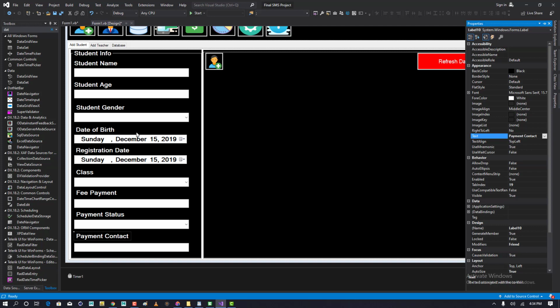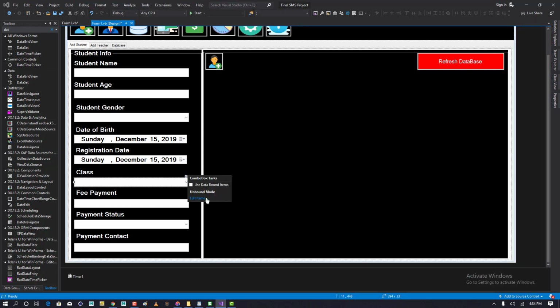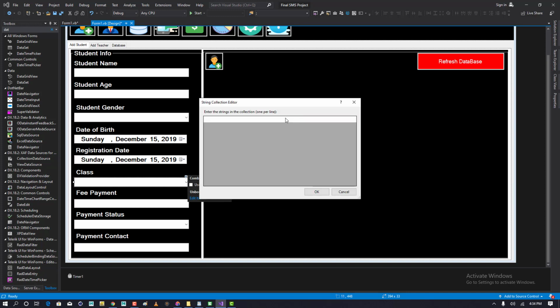Good. So let's see how we can work on it. From this section, we're gonna add the class. So let's say kg. Let's say no, let's start from class 1 anyway. So we say that class